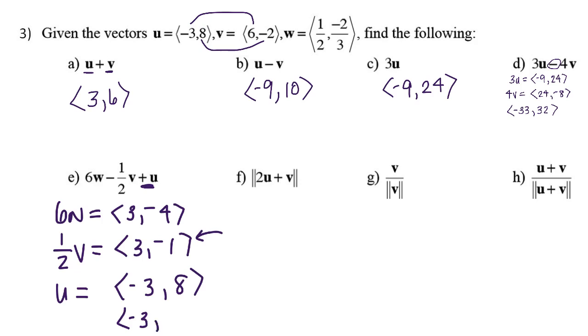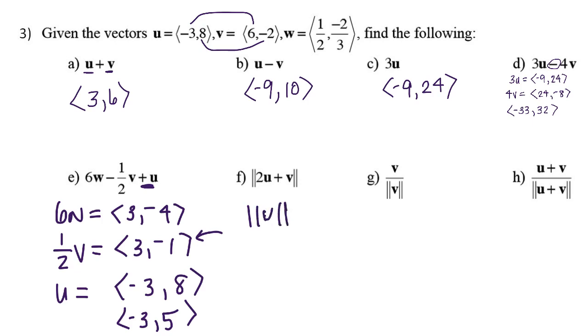And then -4, and then minus a -1. So -4 plus 1, that's -3. -3 and 8 is 5. So there's that vector. Now this funny notation, remember, if you're finding the magnitude of vector v,